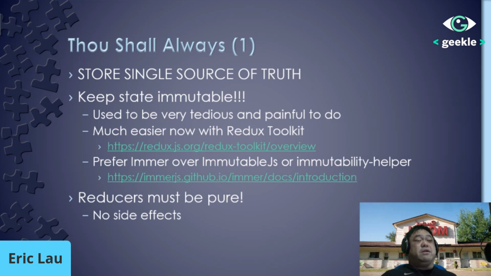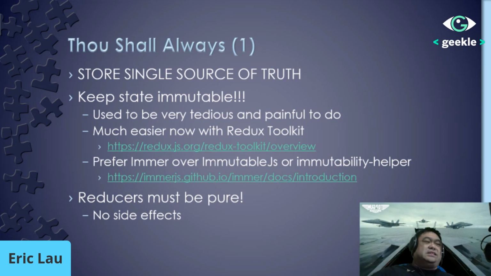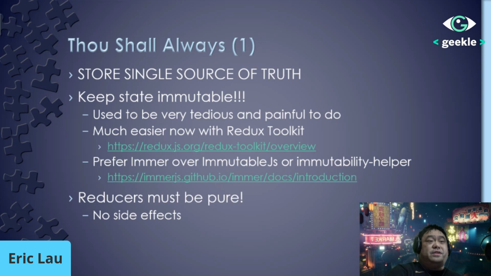For example, if you have a list of contacts and names, you need to store that so that there's only one instance of each contact. You don't, for example, store contact A in sections A, B and C of your Redux store. That's really, really important. In fact, it helps to plan out a little bit where your state is and where your critical pieces of information are stored, particularly the ones that have to do with the data entities.